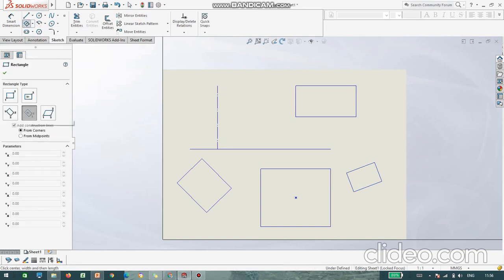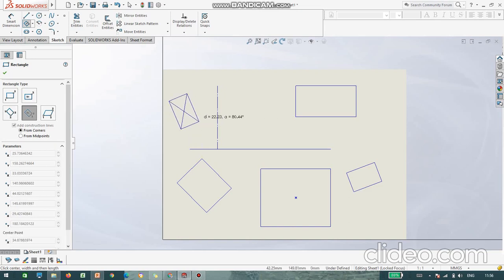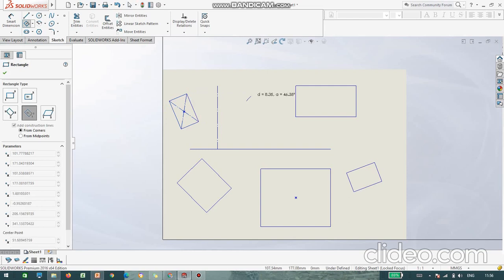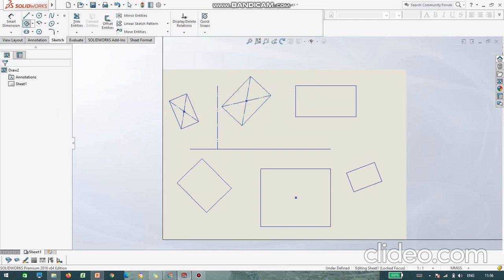You can see in the left side, it's a very user-friendly software. The first point will be the center, the second point will be your corner, and similarly the third point will be your corner.